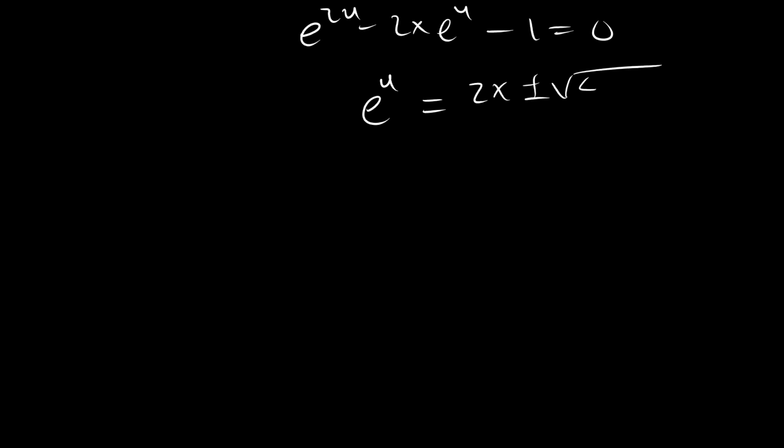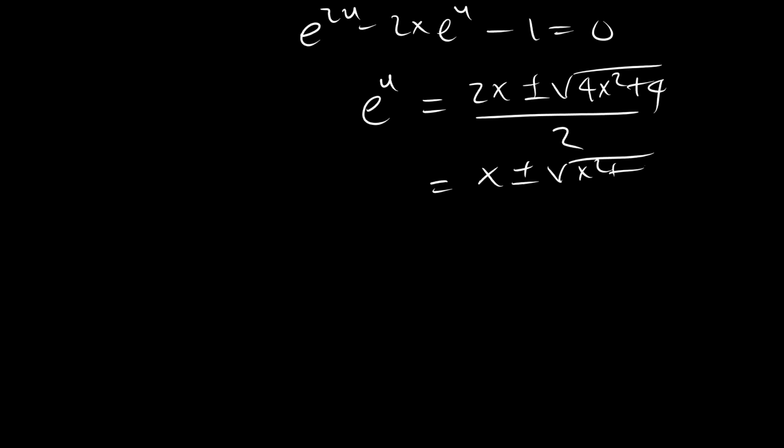Since e^(2u) minus 2x e^u minus 1 equals 0, what that means is that e^u is equal to 2x plus or minus the square root of 4x squared plus 4, over 2, which is equal to x plus or minus the square root of x squared plus 1. Now notice e^u is always greater than 0, so we are going to choose x plus the square root of x squared plus 1